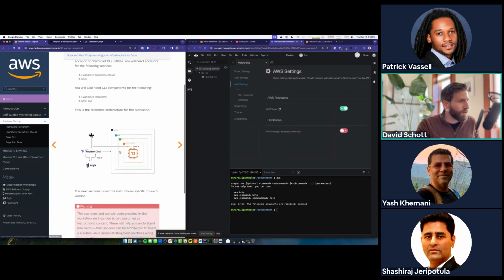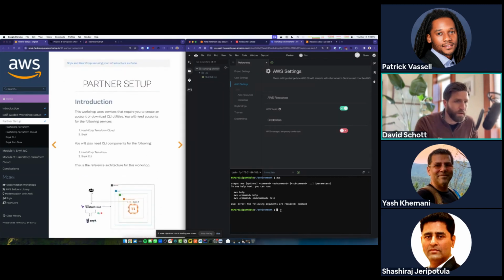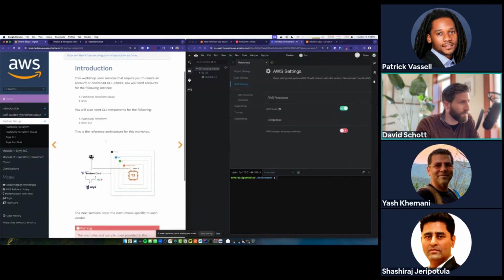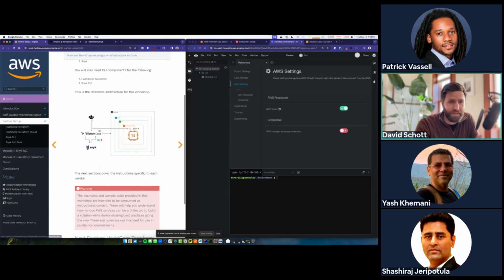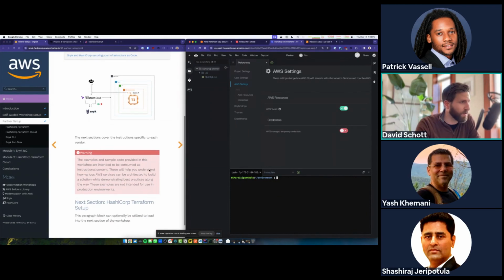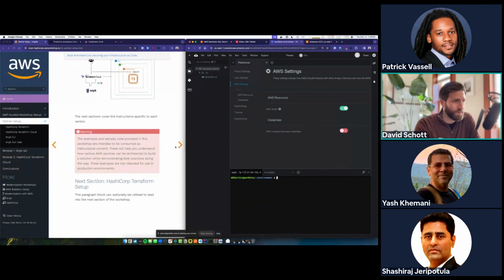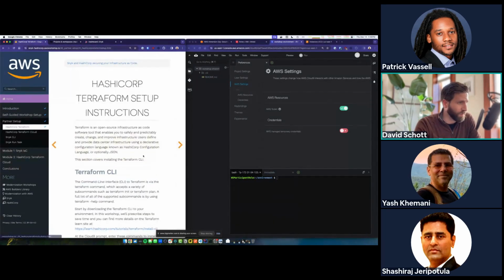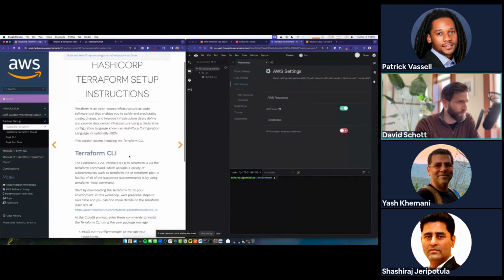All right, so in the next part, we again are going to be deploying infrastructure, and we need to make sure that we have the right set of tools installed to do that, which are going to be Terraform and Snyk. Both Snyk and Terraform have CLI, or command line interface, tools that we'll be interacting with here in our console. So let's just make sure that those are installed and available.